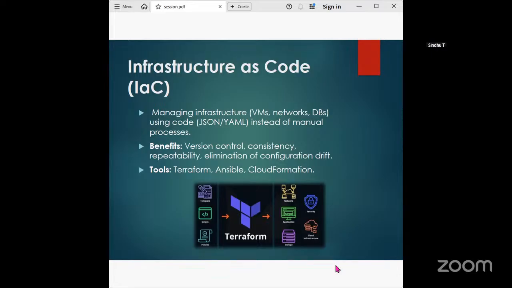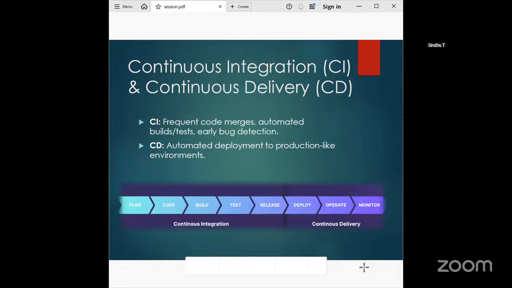Next we'll see CI and CD, continuous integration and continuous delivery. It's an iterative process. It's the engine of a modern software factory. In continuous integration, developers merge the code changes back to the main branch frequently, often daily. Automated tests and builds run immediately, catching integration problems early. Developers merge the code into a shared version control repository frequently, several times a day.